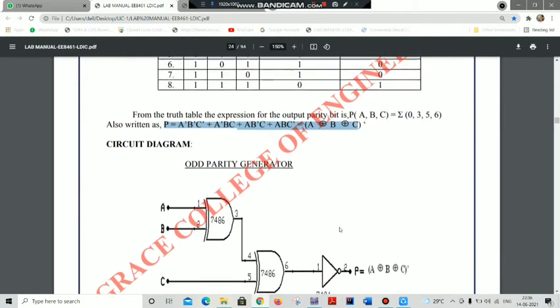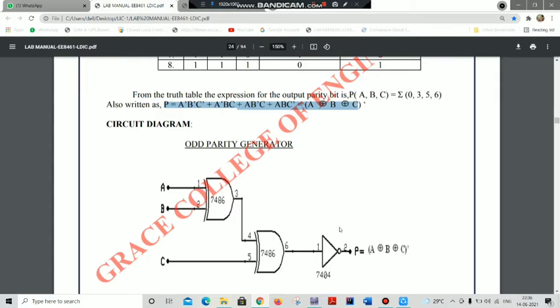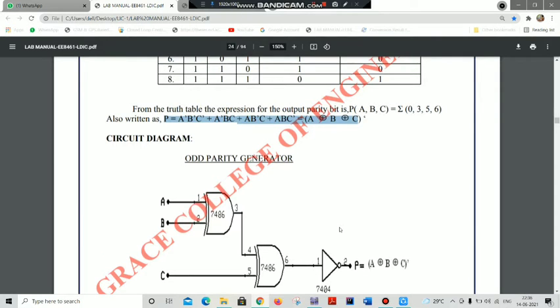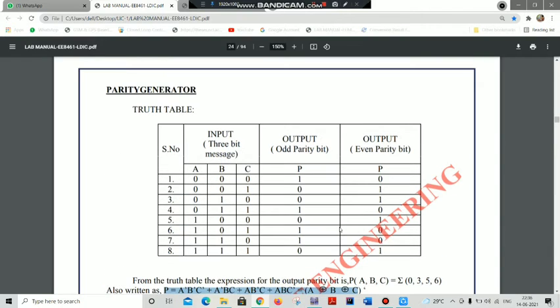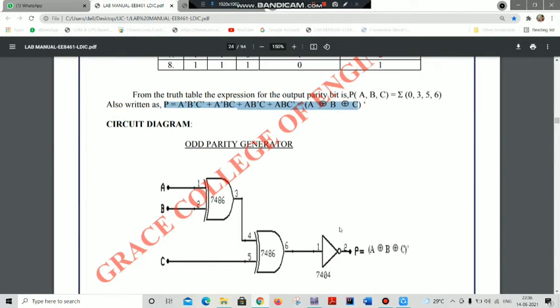So we have the odd parity generator like this. Here we are giving 3 bits as input, and we need one XOR gate and one NOT gate to construct this parity generator.